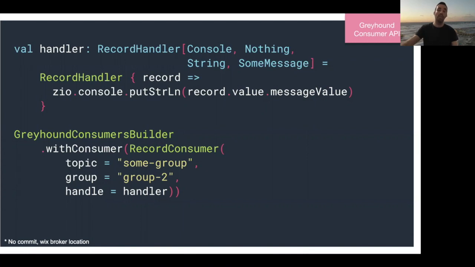And then we have the type of key that is deserialized and the type of value. In this case, we have some message type, and we can access the message value field. All you need to do, once you provided the lambda for this handler, is provide the handler to the consumer builder, and you have a Greyhound consumer. Now notice that you don't need to explicitly commit the message, as Greyhound will commit the messages for you